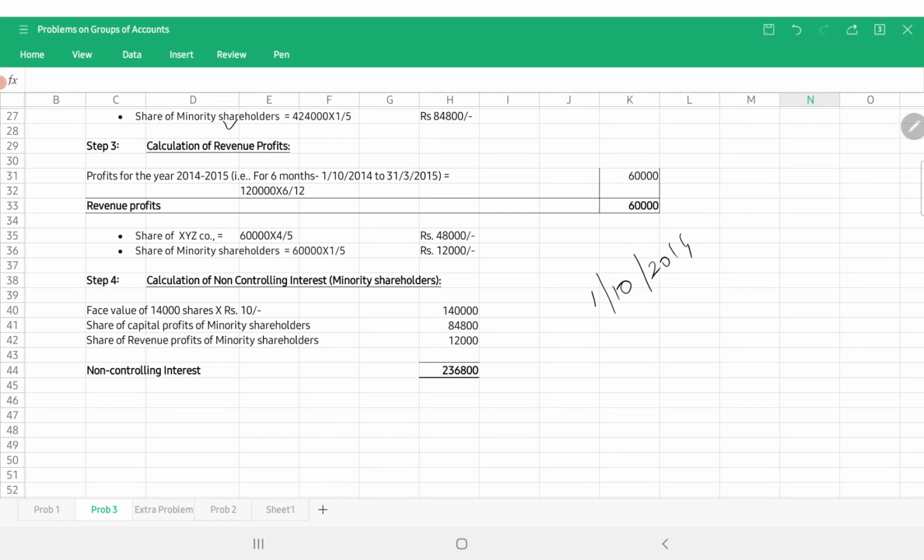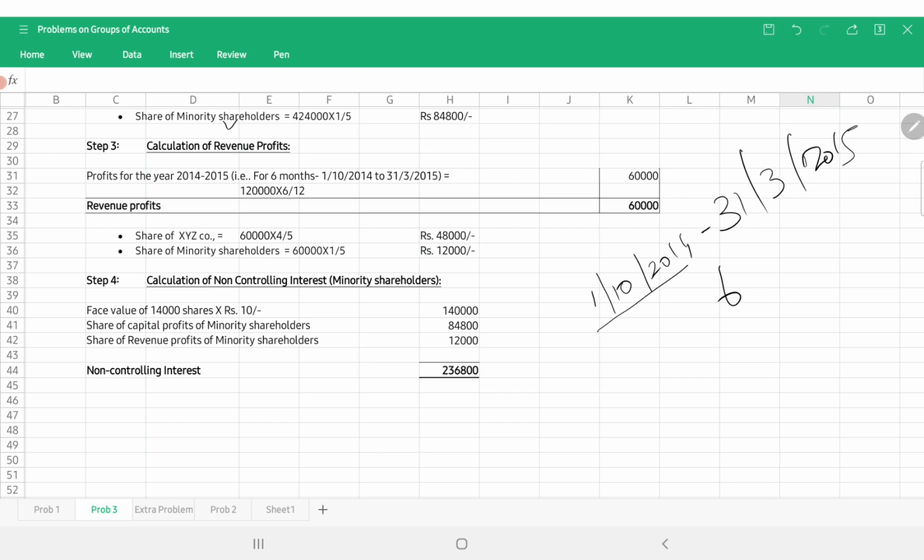Anything before this date, reserves or profit, will go for capital profit. But after the acquisition date till the year end, 31st March 2015,